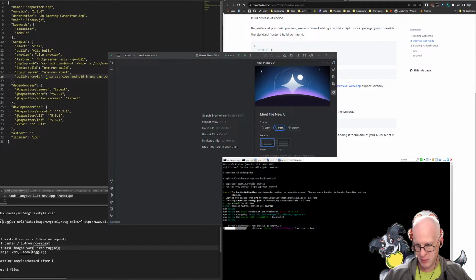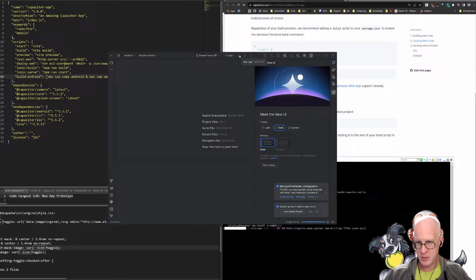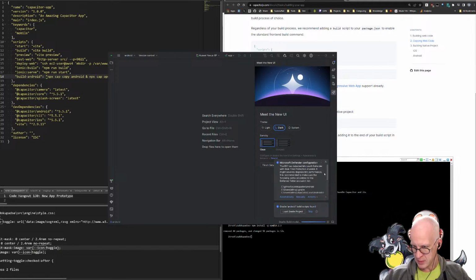I don't have my device plugged in already. Why is that? I have a red X. What does it say? It's recommended to ensure the following paths are added. Okay, well, right now, can we just